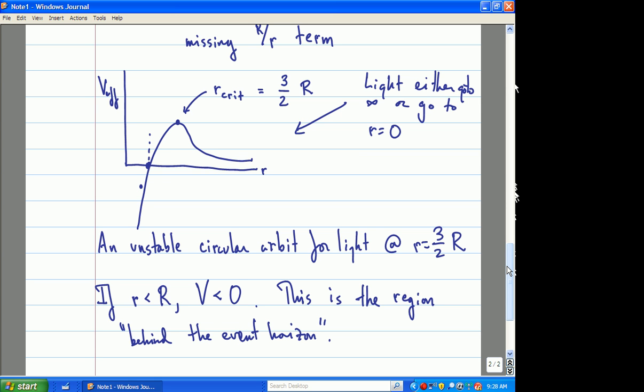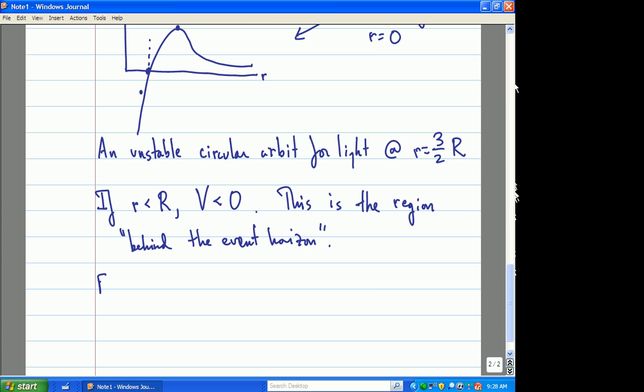So that's something that you can't really see in this picture because I'm using coordinates that went bad at r equals the Schwarzschild radius. So I'm going to defer any discussion of that until next class when we construct coordinates which allow us to smoothly study physics as we cross the event horizon. Instead, today I would like to focus on normal physics,